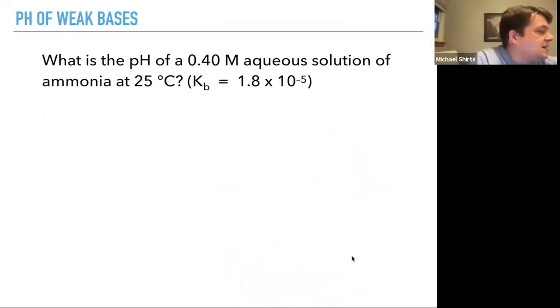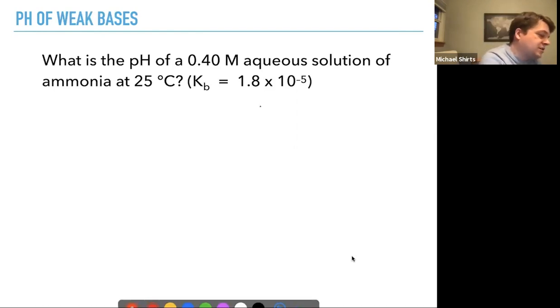So let's take a look at sort of our parallel problem here. We looked before at calculating the pH of a weak acid. What about the pH of a weak base? Now here the Kb of ammonia is 1.8 times 10 to the minus 5. And so our reaction is